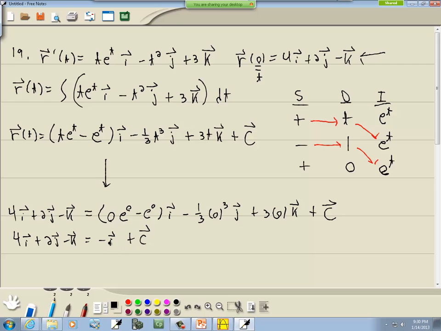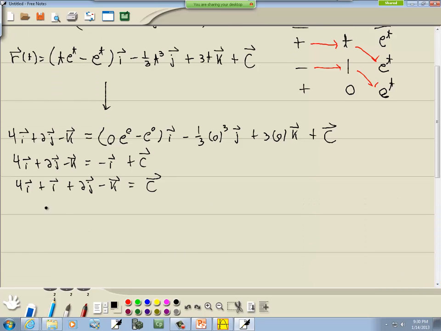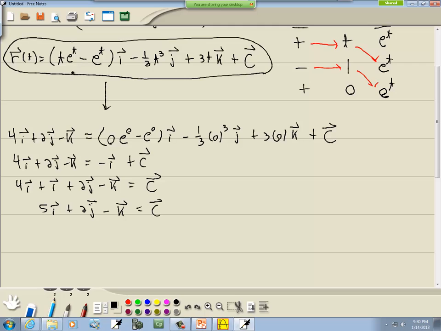Now I'm going to take that negative i over the left side, so we get 4i plus i plus 2j minus k equals c. 4i plus i gives us 5i plus 2j minus k equals c. So this right here, we now know what that constant vector is at the end. So this now becomes